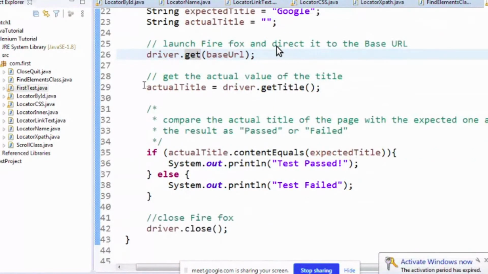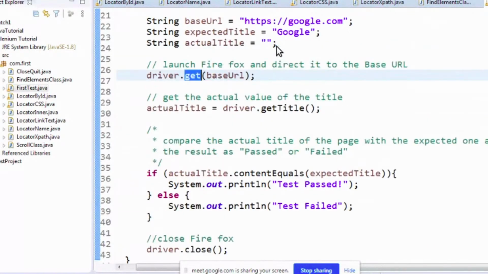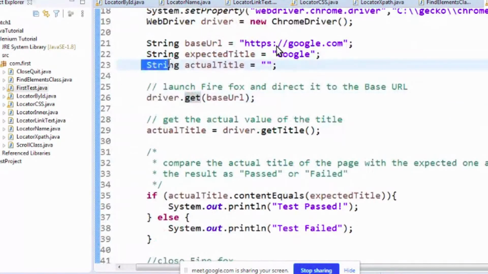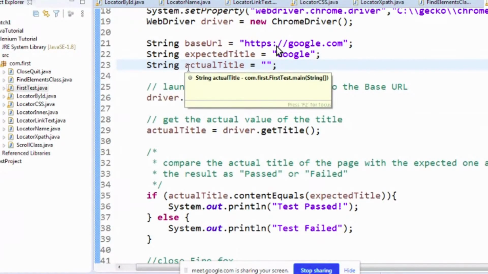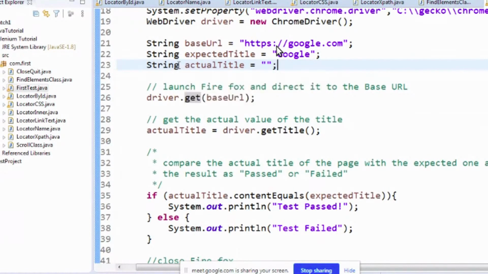And after this, the actualTitle. Again, I declare String actualTitle = null. This actualTitle is a string variable. It is the syntax of Java, where you declare a string variable with the name actualTitle whose value is initially null.